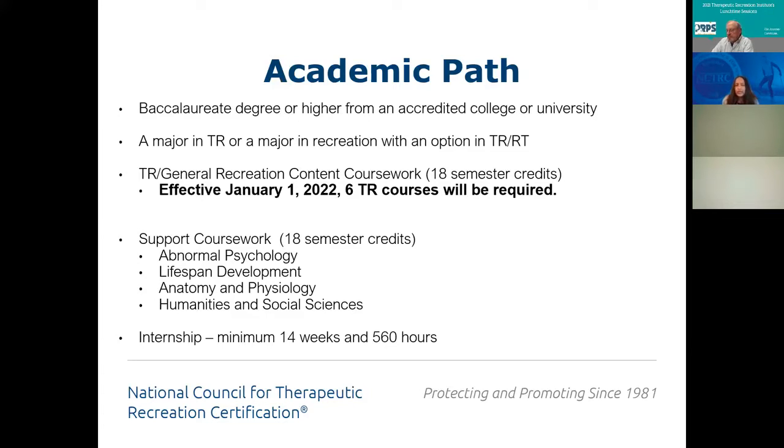You would have graduated from a recreational therapy, therapeutic recreation, or recreation major. And with that, you would have also completed recreational therapy coursework. So right now, as of today, November 11th, 2021, we are required to have at least 5 therapeutic